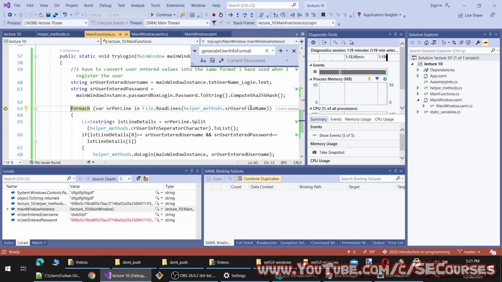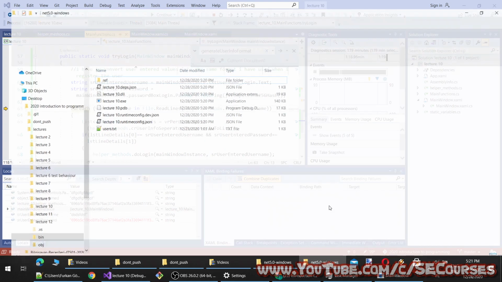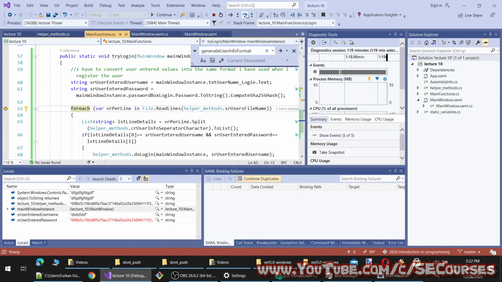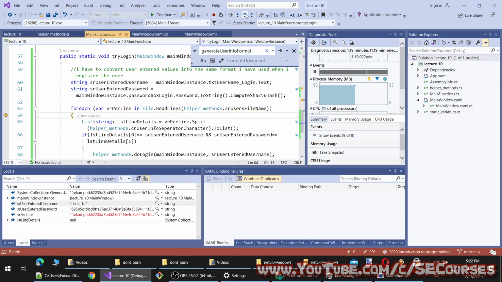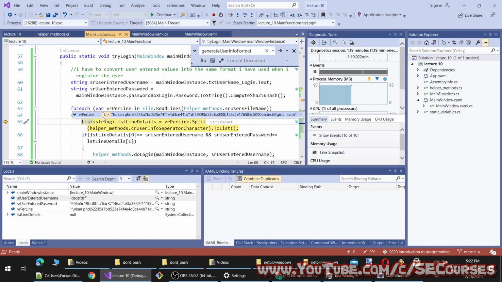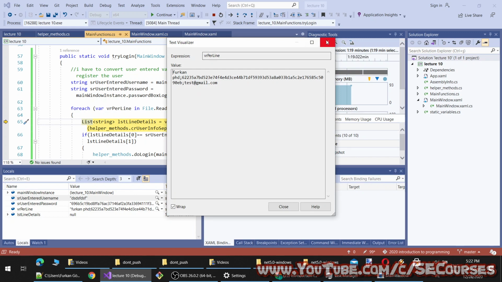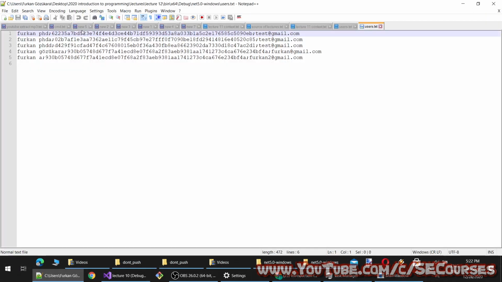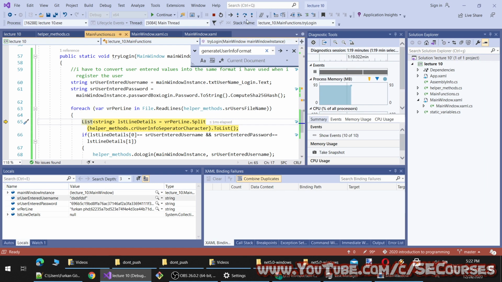Then it will start reading the file. You see, I didn't provide any path. Therefore, it is by default checking the folder where the exe is running. So the currently running exe is this one. Therefore, it will check this folder. Okay. So I'm going to execute. The first line is like this. You see, for PHP and some values which we have defined. We can also see it on here. You see. Okay, it continues checking.